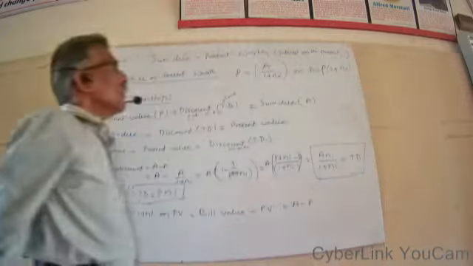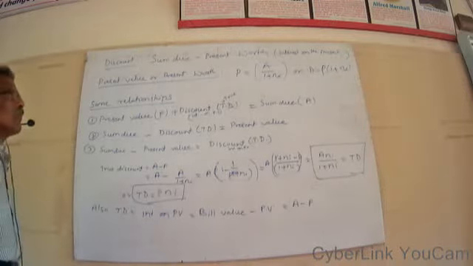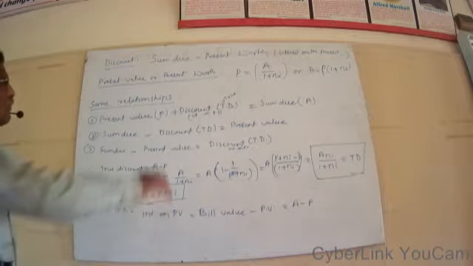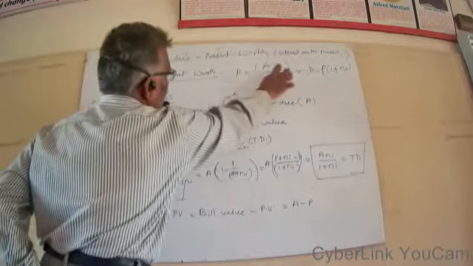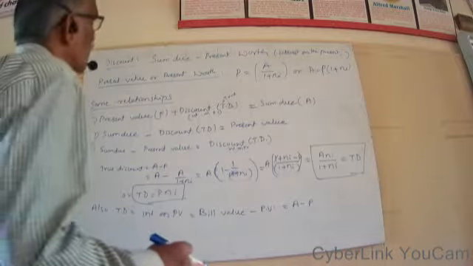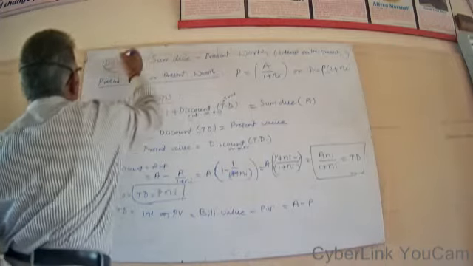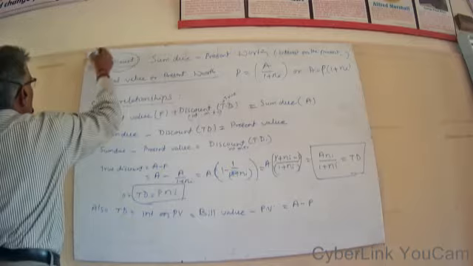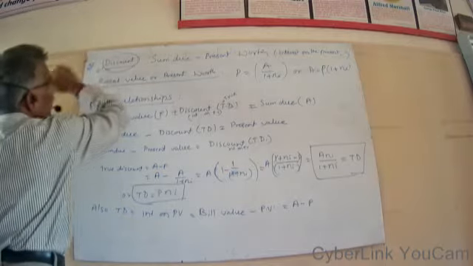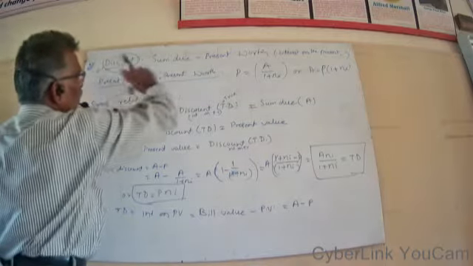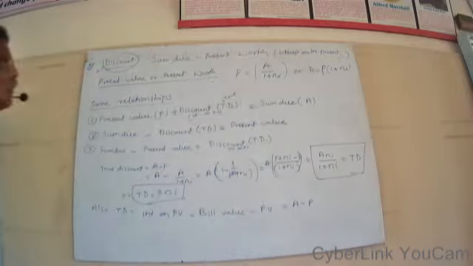Present value, that is present worth, equals P equals A upon 1 plus Ni. The discount is the difference between the sum due and the present worth. In fact, the interest on the present worth is the discount. The discount is nothing but the interest value, or sum due minus present worth.